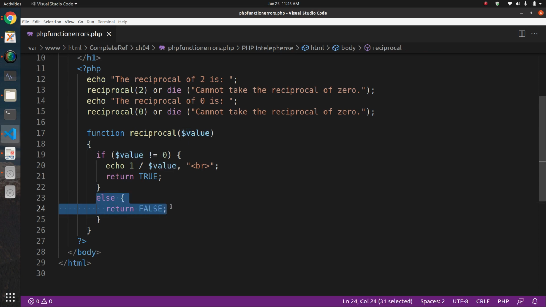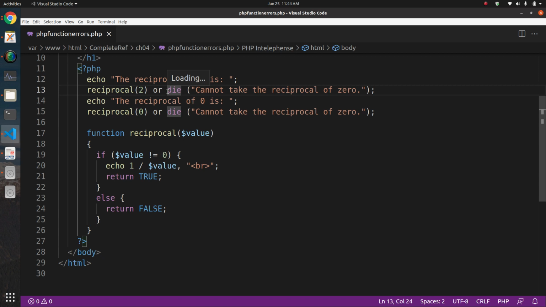in that case your function is signifying that there is some error. So if there is some error and you are returning false for that error, then you can handle this function like that: reciprocal to or die. In the die, you can provide your error message. It is a kind of error handler that you can associate with your function.